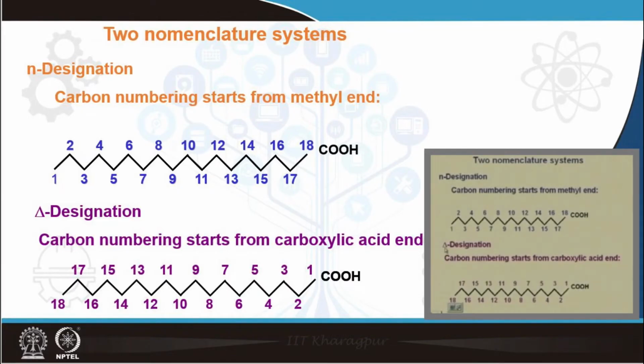For the delta designation, the numbering begins from the carboxylic acid end, and it is this designation that we will be using, the delta designation. So, if you are to write the structure of any particular fatty acid, there will be a specific nomenclature that you will follow, and that nomenclature will be the delta designation, where the numbering will begin from the carboxylic acid end, not the N designation. Now, how does this help us? In the